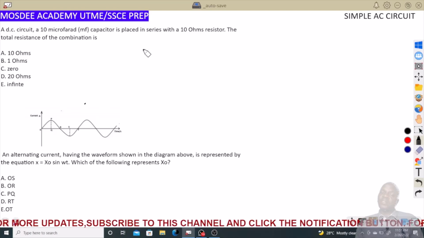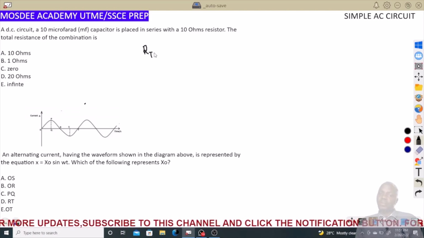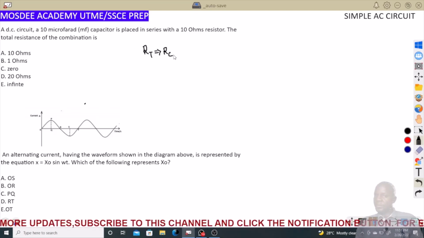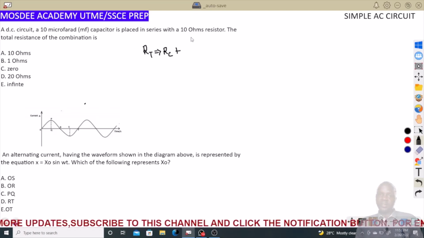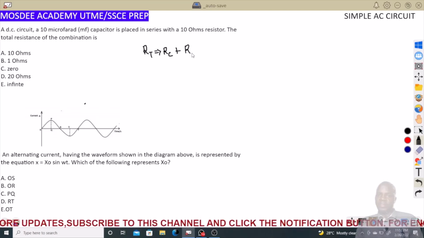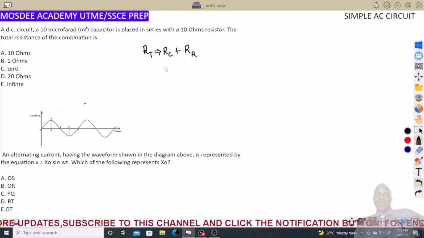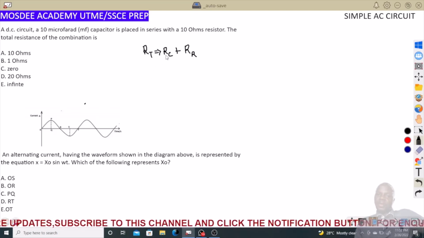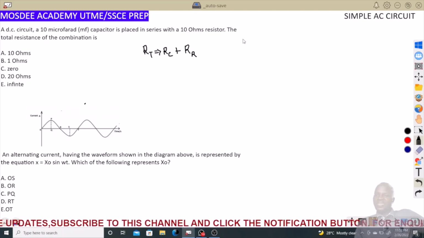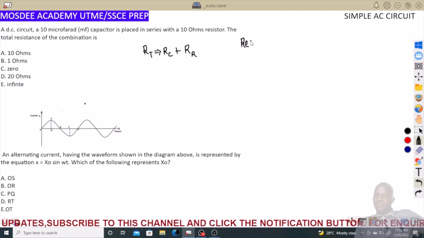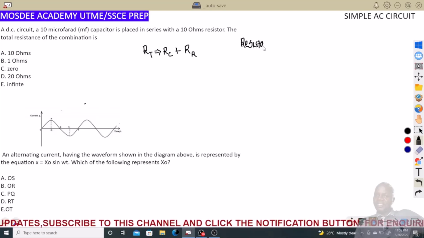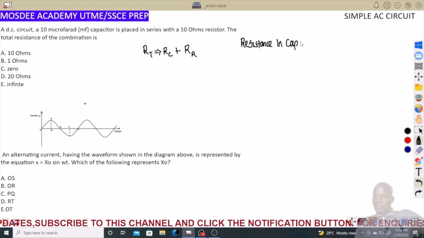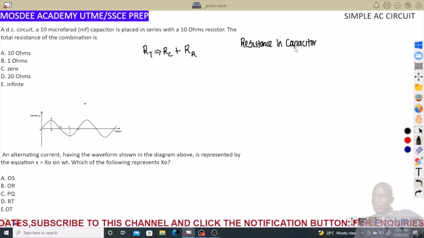Now we can say the total resistance will be the resistance of the capacitor plus the resistance of the resistor. Apologies, guys, for my handwriting. Let me just give you a vital point: the resistance in a capacitor, or a capacitive circuit,